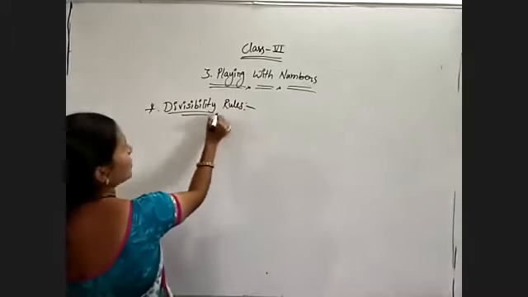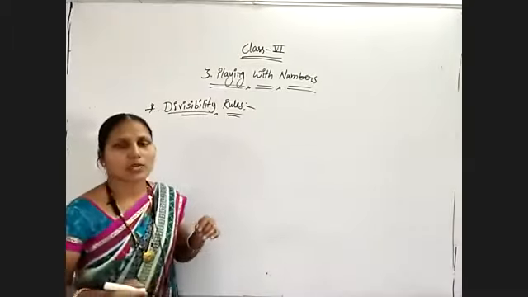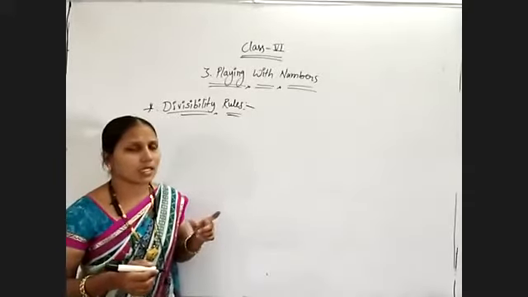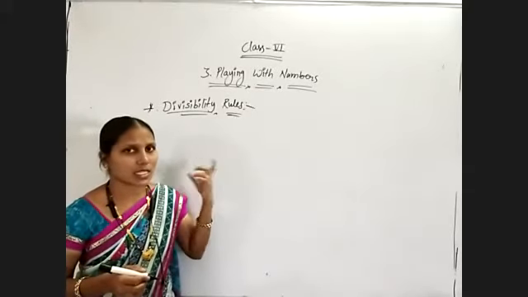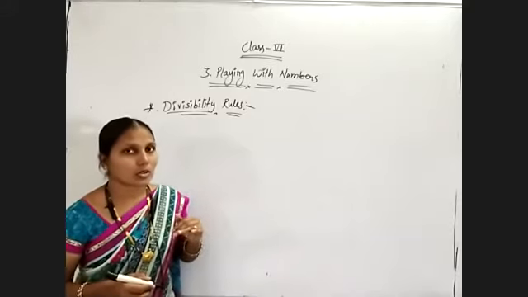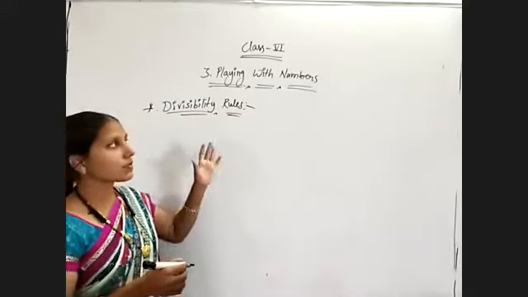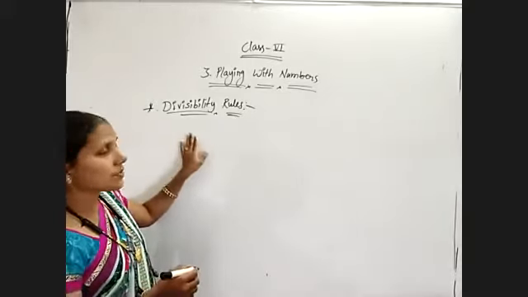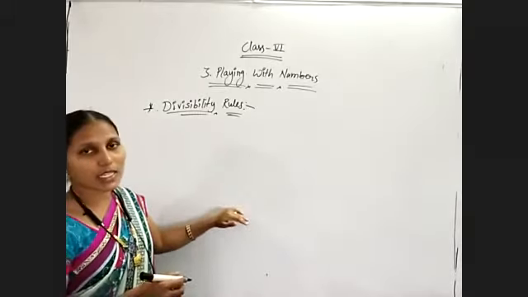Actually, why are we using these divisibility rules? A divisibility rule is nothing but a process of checking whether a number is divisible by a given number or not without doing the actual division. To avoid the difficulty with larger numbers, it is difficult to divide and check whether it is divisible by that.